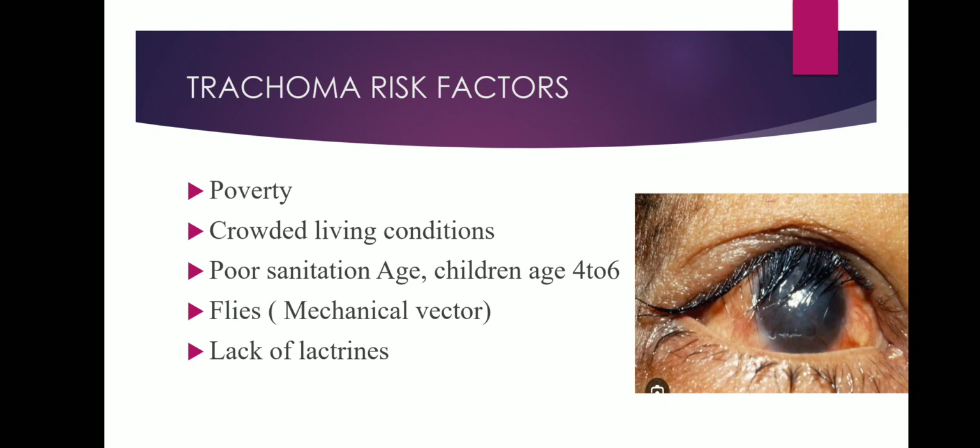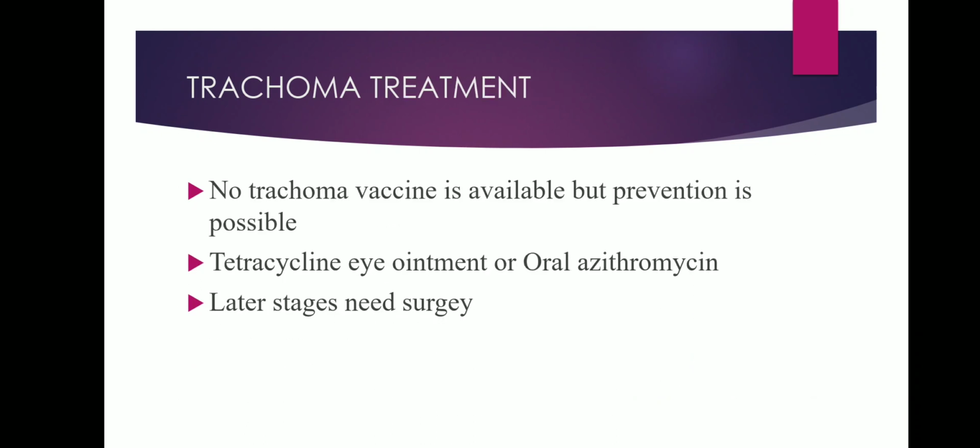Next, trachoma risk factors. Trachoma is a risk for people in poverty, crowded living conditions, poor sanitation, and it can also be transmitted through flies as a mechanical vector, and poor hygiene. These are all the risk factors for trachoma. Then how to treat